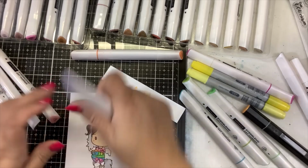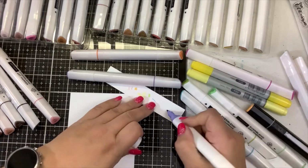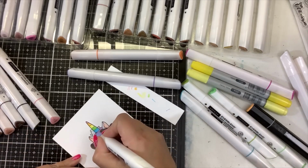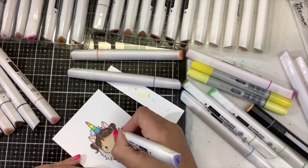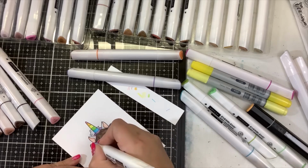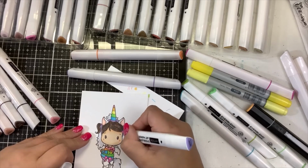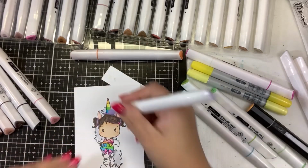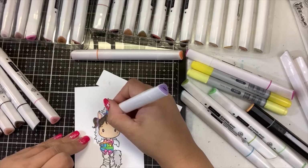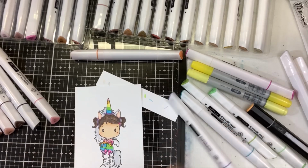And I think I need to add a little bit of a darker purple as an accent. Not too dark. That's where we mess things up. That might be too late. Oh, here we go. There we go. Separates the purple on the headband from the purple on the actual horn. Just a little bit. Okay, now